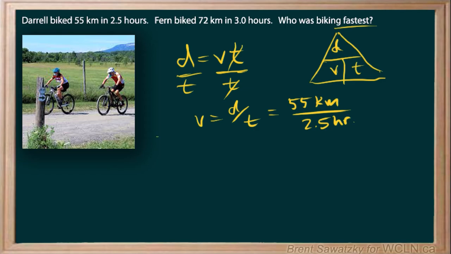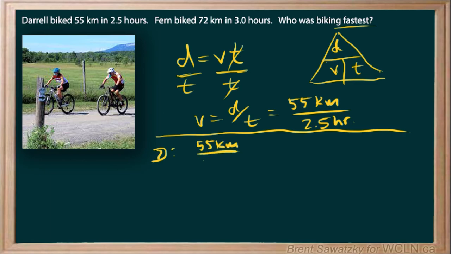Now, given all that, if you haven't run into stuff like that before, you can certainly still do this question just by looking at the units. And so looking at the units and trying to approach a unit rate for each of these people, let's just show how to do it that way quickly. So for Darrow, we're looking for kilometers per hour, which would be a nice velocity unit for this particular one. And so we can say, let's put the kilometers on the top and the hours on the bottom,